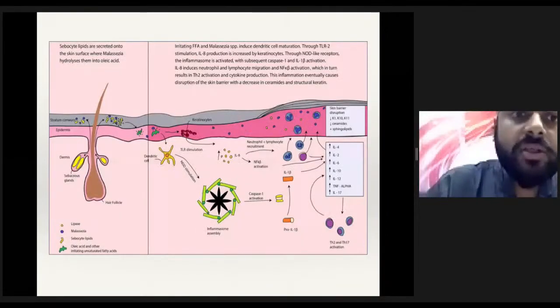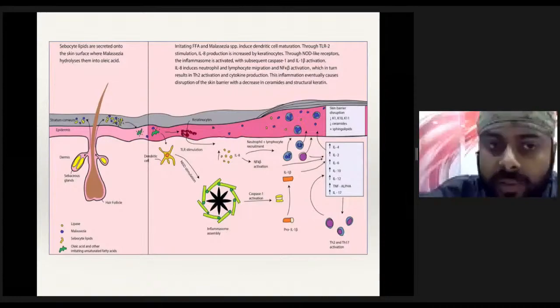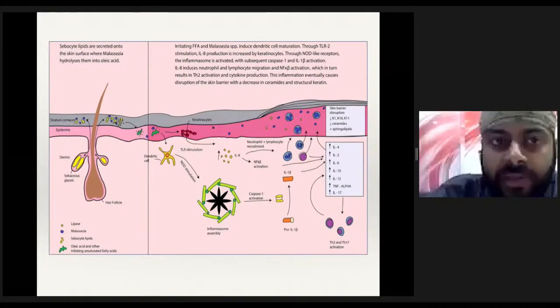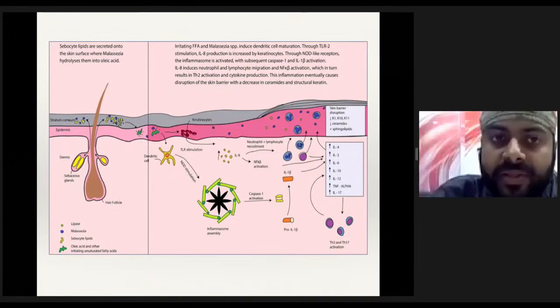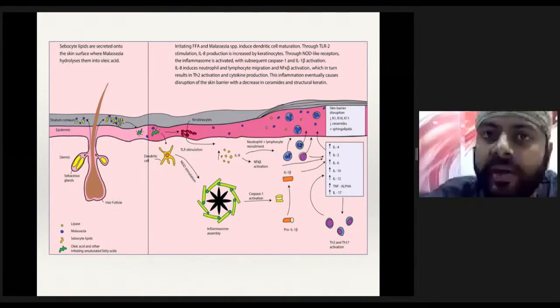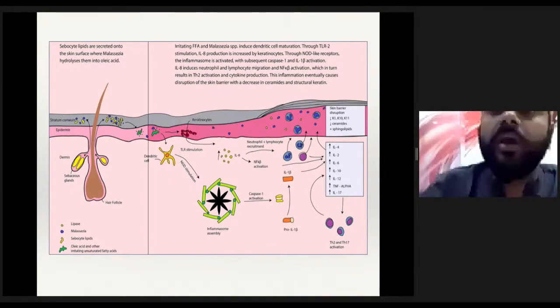So this is how the pathogenesis of seborrheic dermatitis looks at the molecular level. Sebocytes secrete lipids onto the skin surface. Malassezia, which secretes lipases, breaks down those lipids into irritating unsaturated fatty acids like oleic acid. These irritating fatty acids and Malassezia species induce dendritic cell maturation, and through toll-like receptor stimulation, IL-1 production is